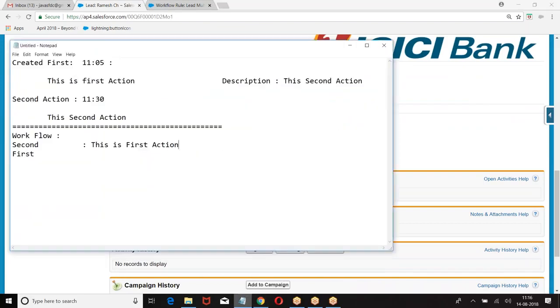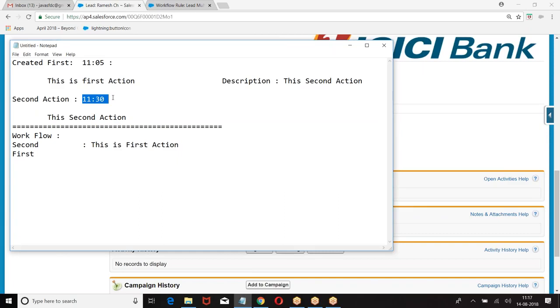So if you are getting this is second update, what is the order of action? As per the order of action created date. When you have a workflow rule with multiple field update actions, say workflow 1 with the 2 actions, the actions will be executed as per the order of action created date.